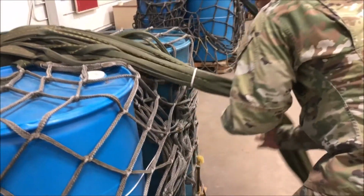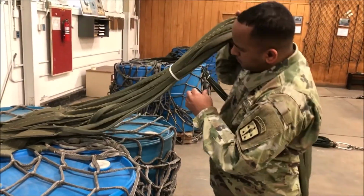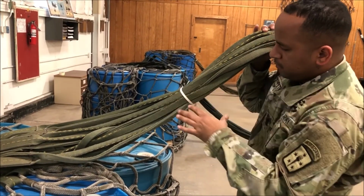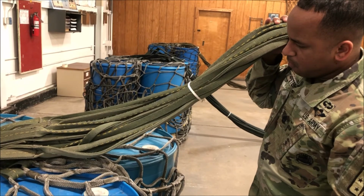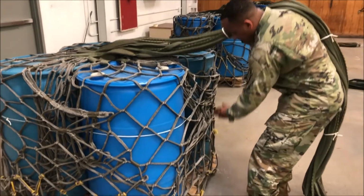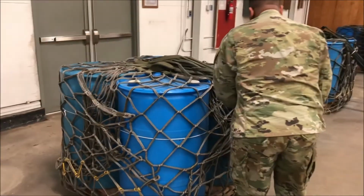For the third breakaway tie, once again, check for proper material, that it is not double wrapped, that it encompasses all 16 lifting legs, but most importantly, that it does not incorporate or secure to any part of the cargo net itself. Once we have completed inspecting the third and final breakaway tie, we will move on to inspecting the